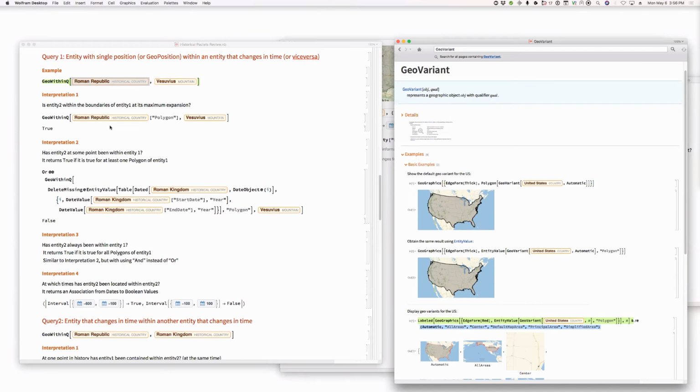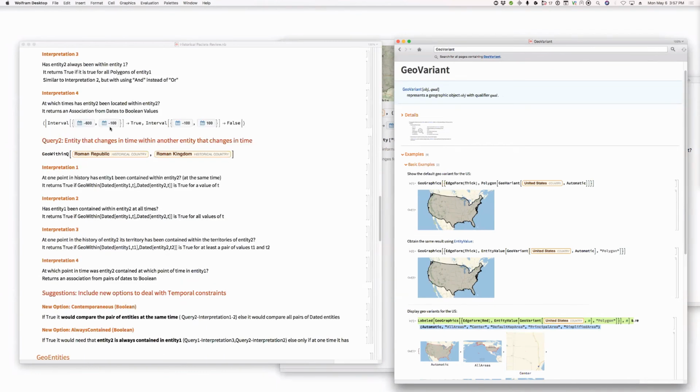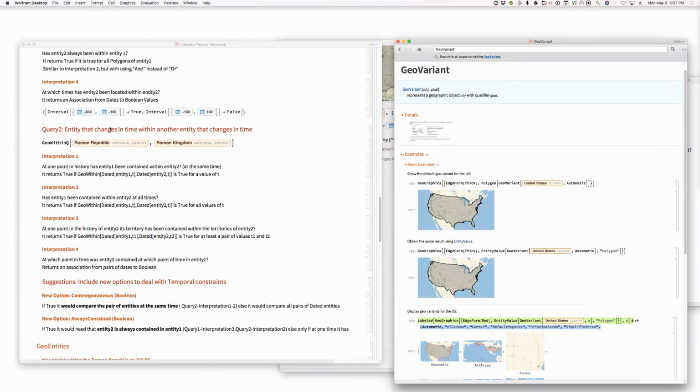Well, but so the question is, I'm not Vesuvius, which is a point, right? Yes, you can scroll to the second. Oh, I see. The second query, that's below. Yep. So maybe we could start using this geovariant to make a difference between the same, let's say, all the aggregated points. Look, the question is, if you say, is Italy within the,